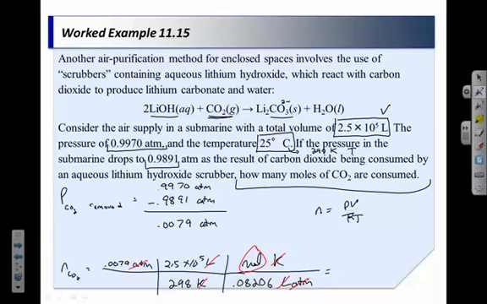So 0.0079 times 2.5 E5 divided by 298 divided by 0.08206, and I get